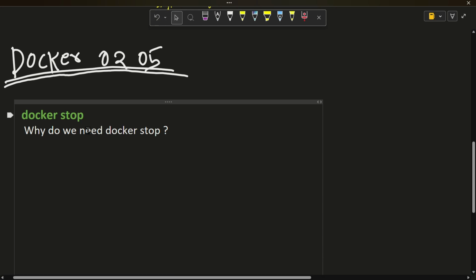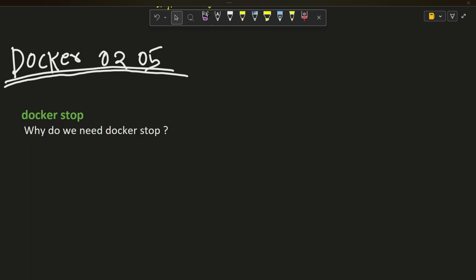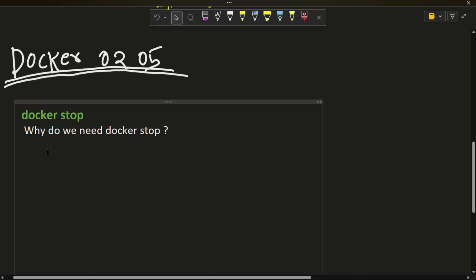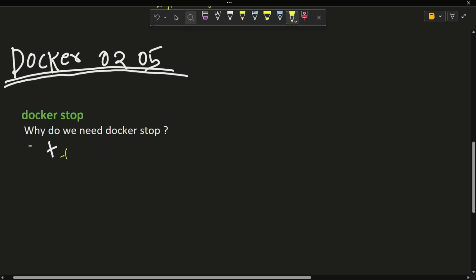Going to learn the Docker stop command. First of all, why do we need Docker stop? Imagine you have started an Nginx container. Now you got the requirement, like to free the port